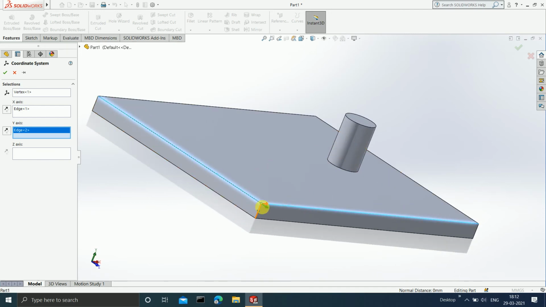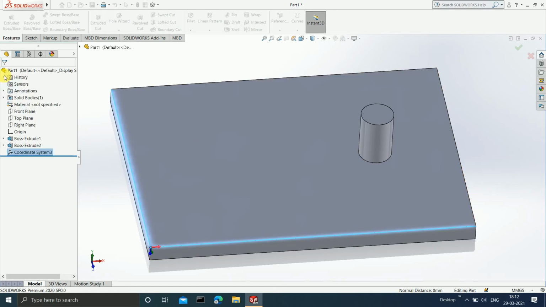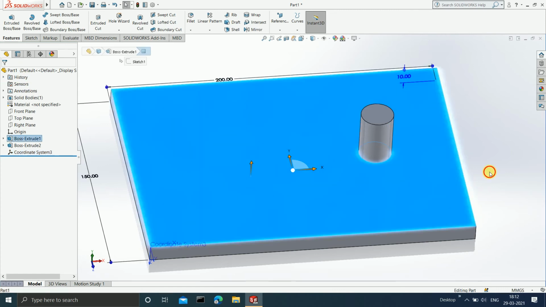Basically this is my coordinate system, where this green color is nothing but my y-axis and this edge is nothing but my negative y-axis. It is as simple as that. And here the red color is the x-axis, and the red color and the edge are both in the same direction. Therefore I can say that this edge is acting like a positive x-axis. It is as simple as that. Now I will click on OK. Clear?